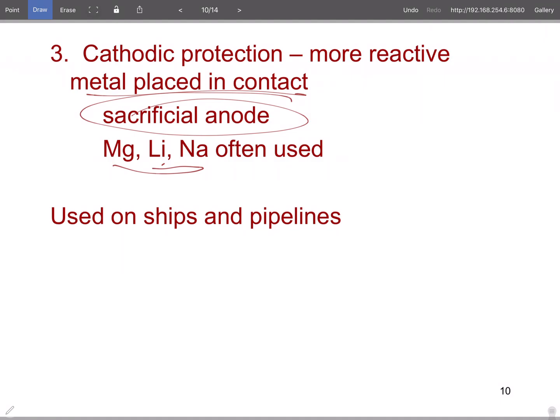They want to lose their electrons. And by doing that, they force the metal to gain the electrons. So instead of iron going to the rust, the rust is forced to take up the electrons and go